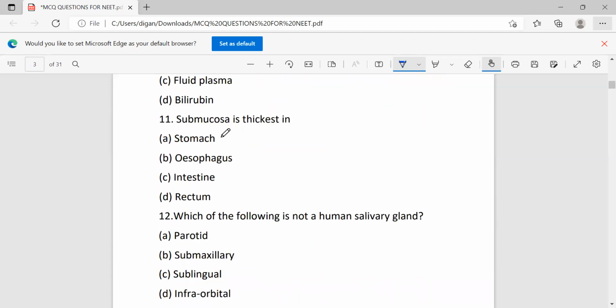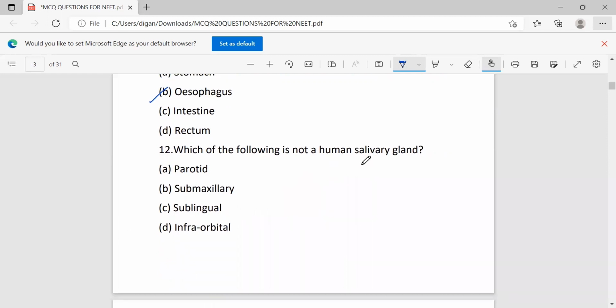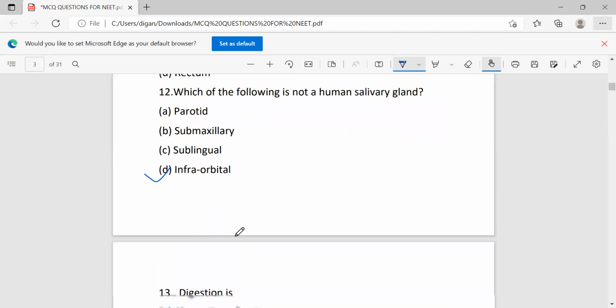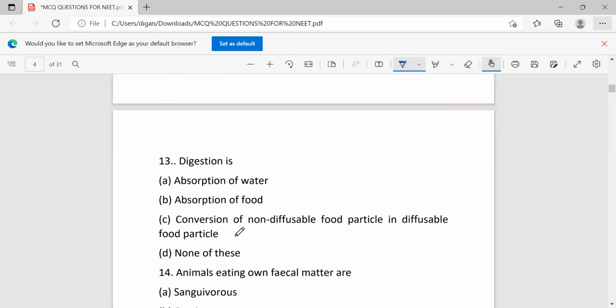Submucosa is thickest in the stomach, esophagus, intestine, or rectum. The correct option is B, that is esophagus. Next, which of the following is not a human salivary gland? Parotid, submaxillary, sublingual, and infraorbital. And the correct option is D, infraorbital, which is not a salivary gland, since humans have